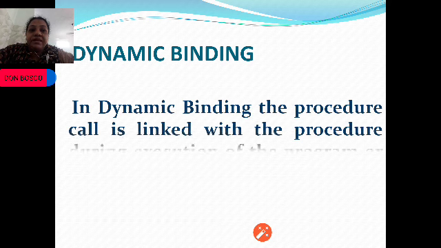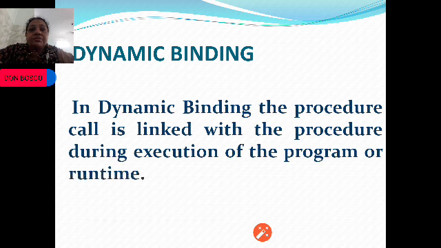Next we have dynamic binding. So, what is dynamic binding? As we know, when we execute a program, we have two stages, compile time and execution time. Compile time is when the source program is compiled, debugged and translated.